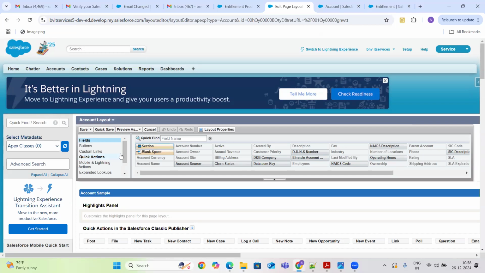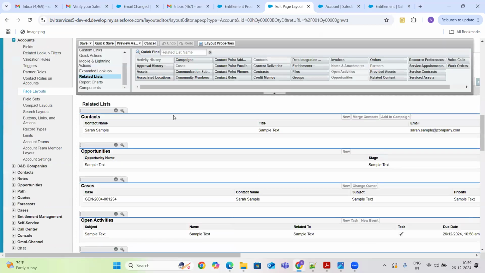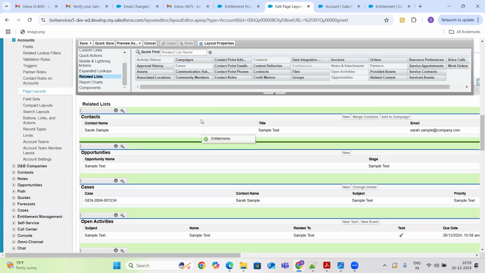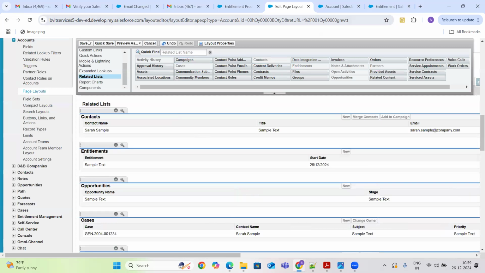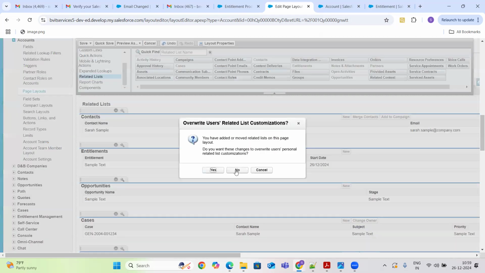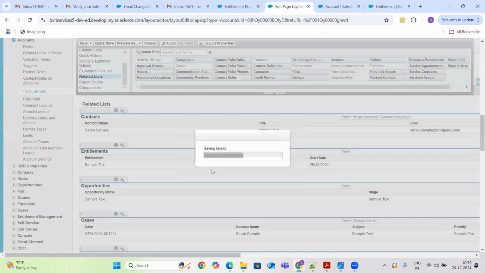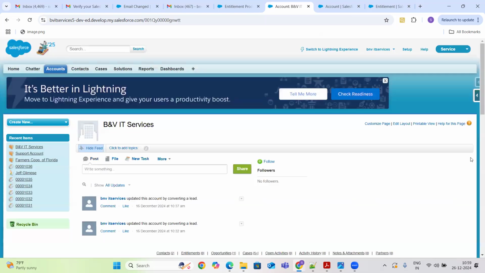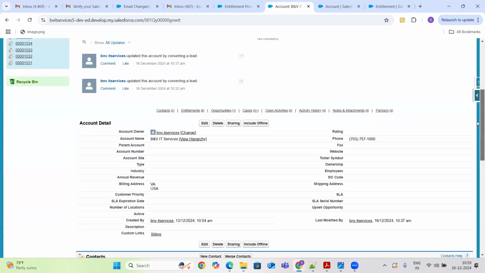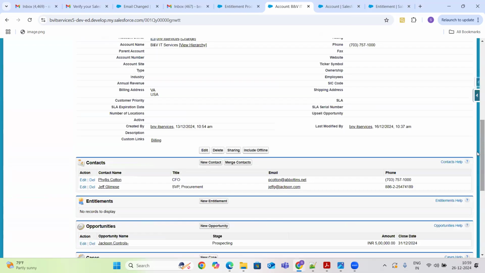So what I'll do now is go to the related list and add my entitlements to this layout and click on save. Okay. Now in the classic view, I'm able to see my entitlements.